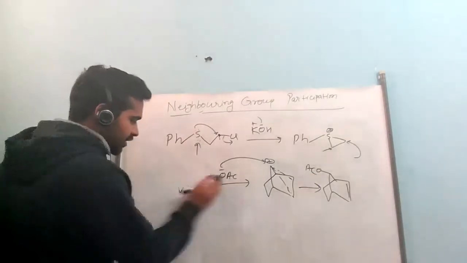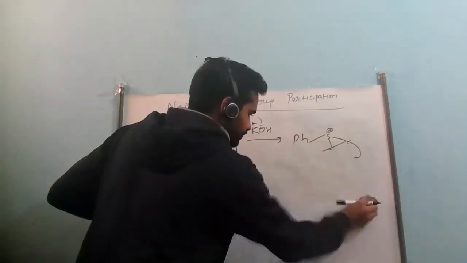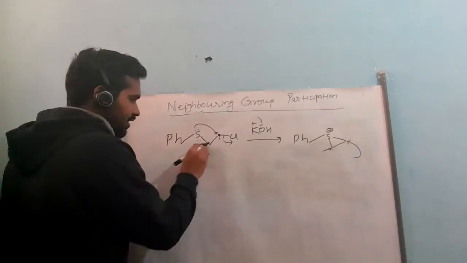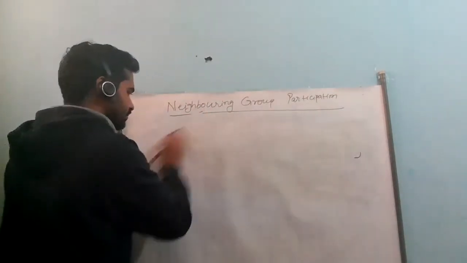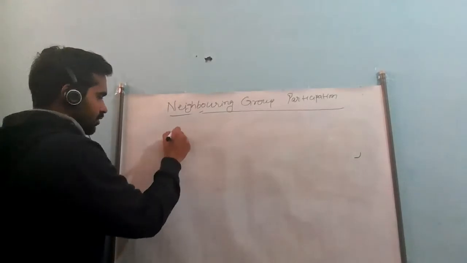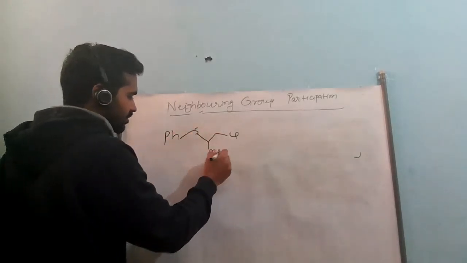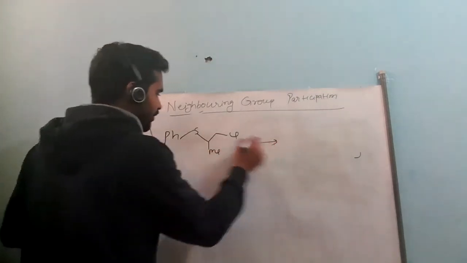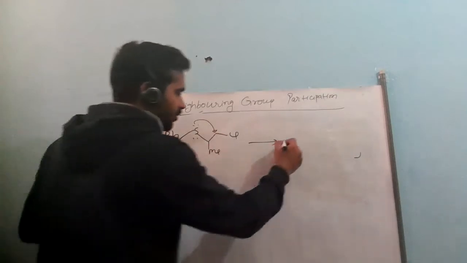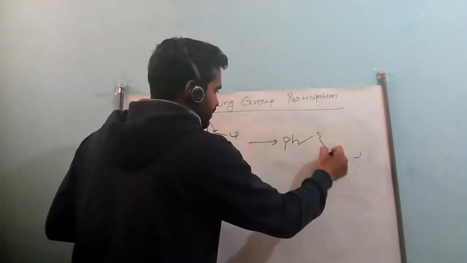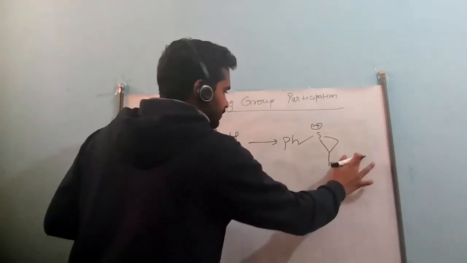Okay, friends. One more reaction we will see, and then we will consider some points. Suppose in the same reaction, I have chlorine and methyl at this position. Clear? So we know that this lone pair will interact here and this will form a cyclic transition state like this, and this methyl will be at this position.